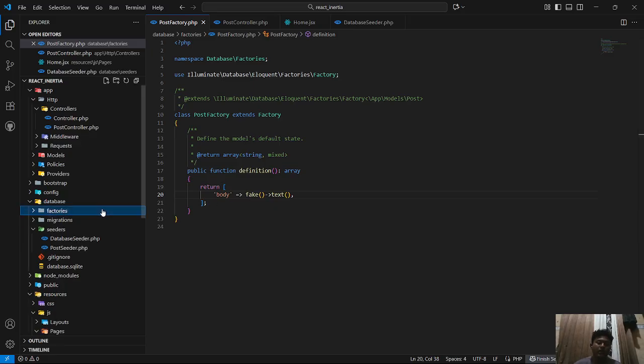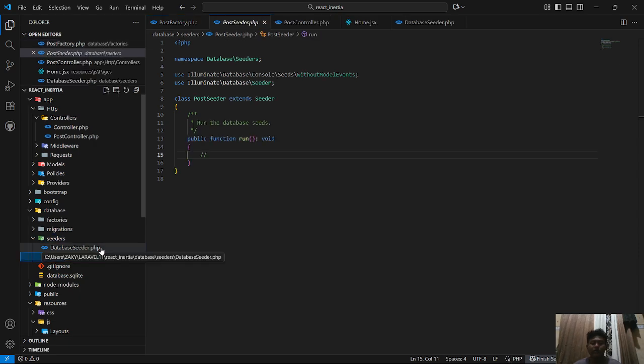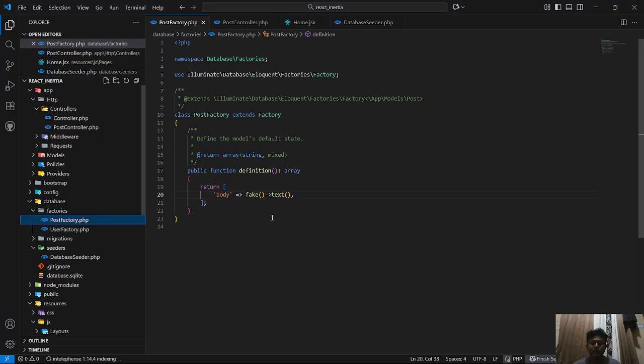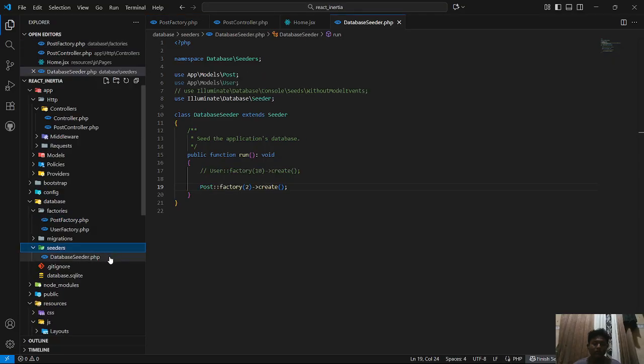After you create factories, you can open the seeder in the database folder. First we have a post seeder, but we don't use it, so you can delete it. In the seeders folder, we just use one seeder file.